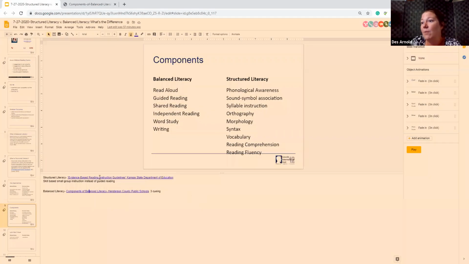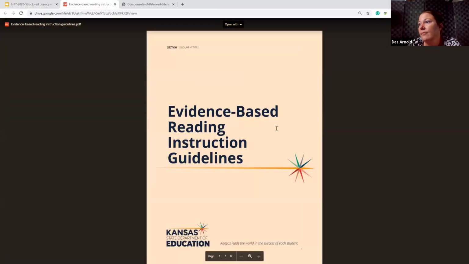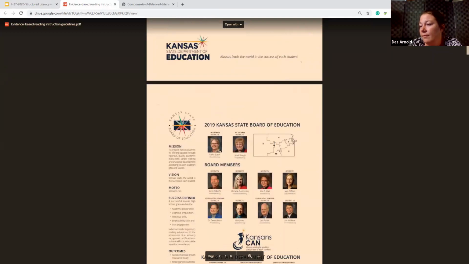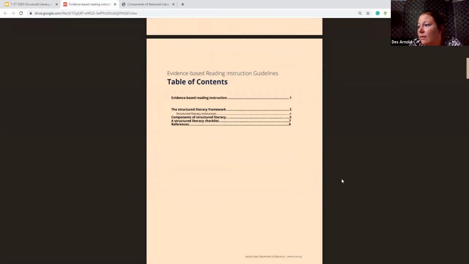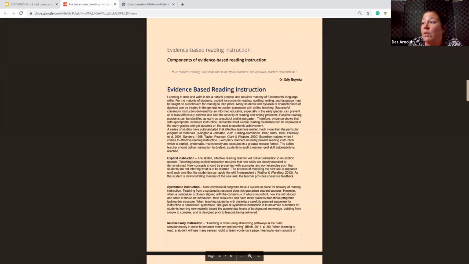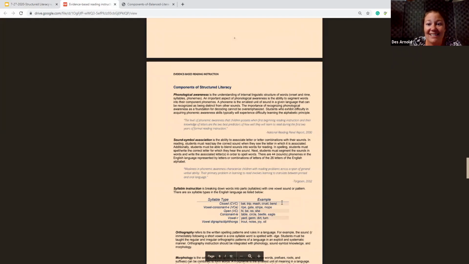So if we go back and we look at this, this was also a really nice document to read through. And it's got a checklist. So if you're looking to persuade teachers,